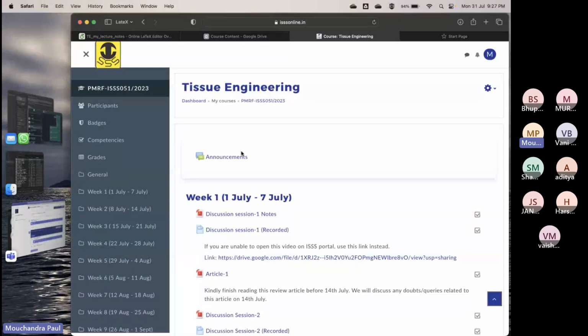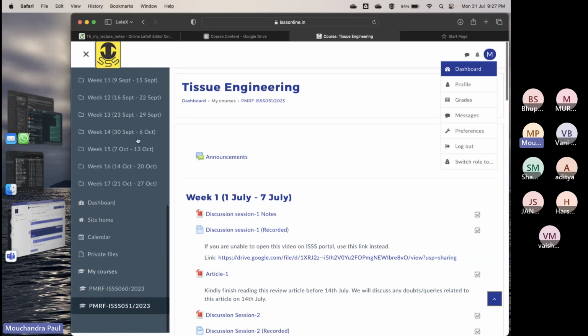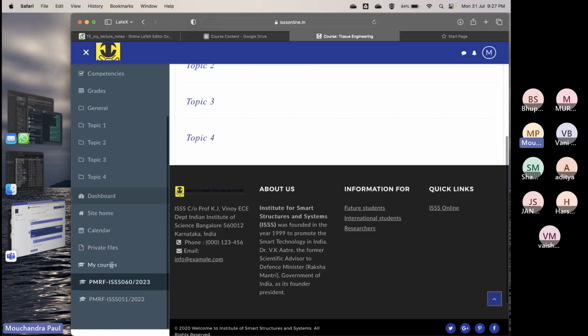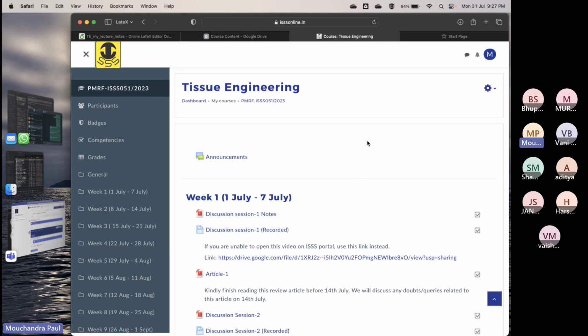so this is how the course portal looks. Now, what they have done, these ISIS people, they have made two courses by mistake. One is ISIS 60, one is 51. Whatever course material I'm uploading is 51, so don't get confused. You have to open the 51 portal. The ISIS 60, I think you guys are also able to see, but here I'm not uploading any content. Here no content is there, only in 51 the content is uploaded.